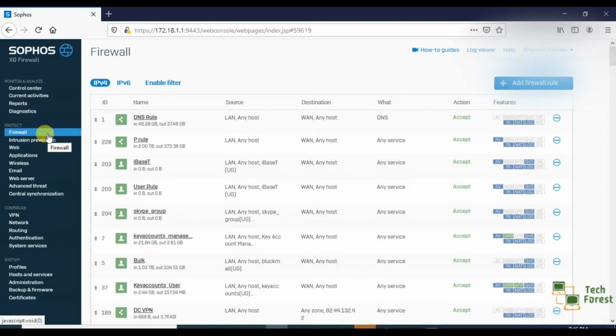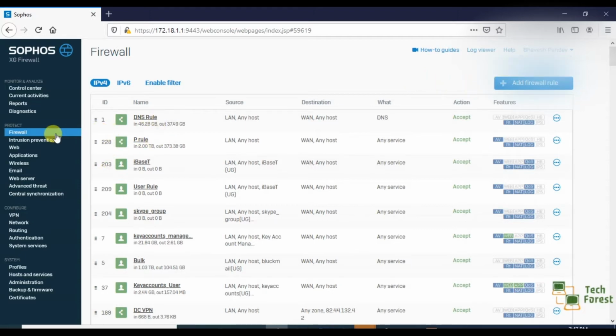So don't get confused, both options are 100% the same. Due to a different firmware version this name has changed, only the name, not the feature. Okay, so let's come to the point and see how we can create a new firewall rule according to our requirement.